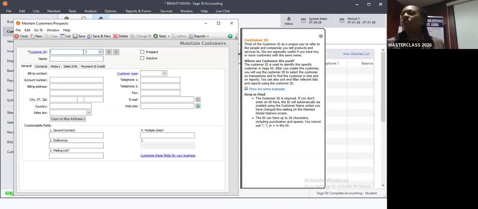What did we use for vendor? 6, yes. We use 6. So let's use 7 for customers. We've gone out of vendors. So customers,